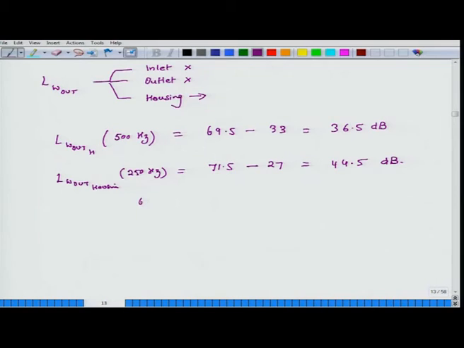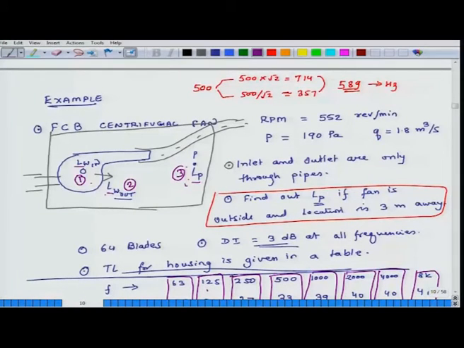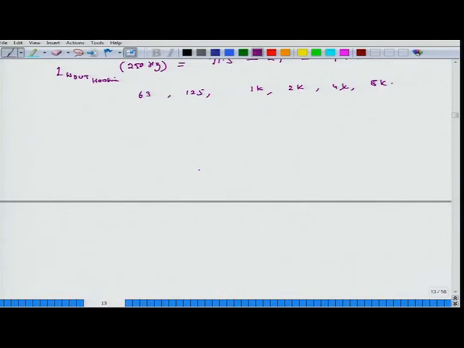Okay. So, I have to compute for 63, 125, I have already computed 250, 500, then I have to compute for 1K, 2K, 4K, 8K and all this stuff. Okay. So, I have to compute LW housing for all these different frequencies. But what is our original goal? I have to find LP, and again the path of LP is 1, 2, 3. So, now I go to compute LP. Now we will do LP, and again those calculations will also be frequency specific.